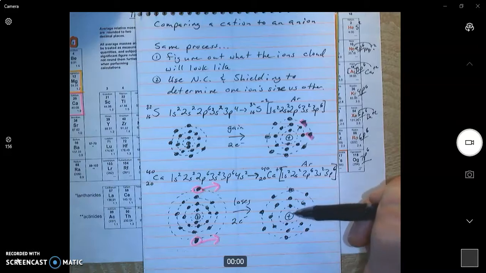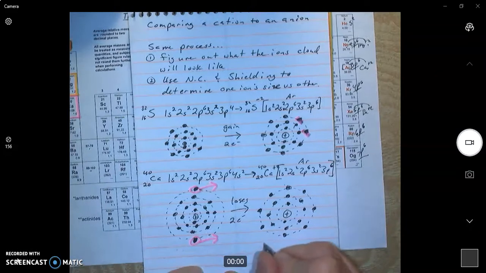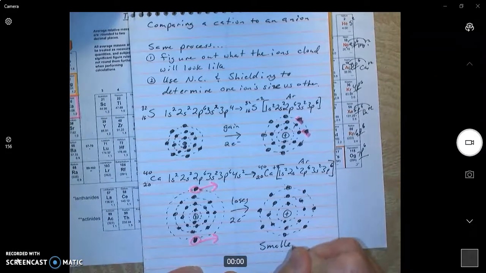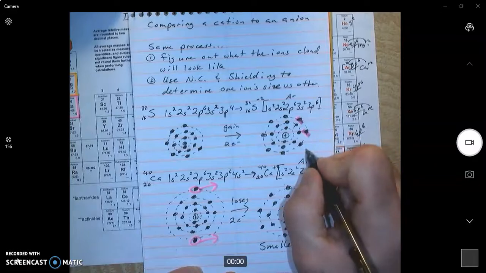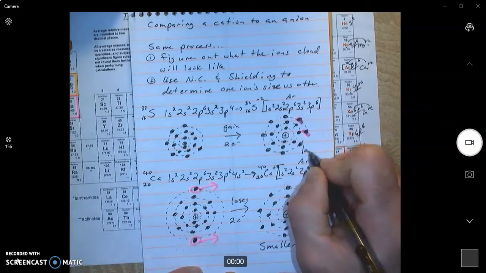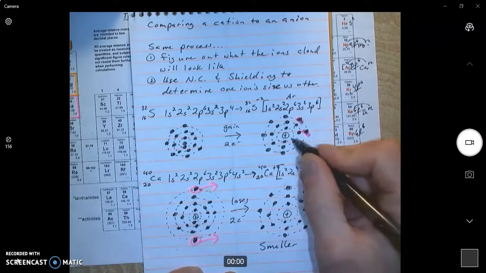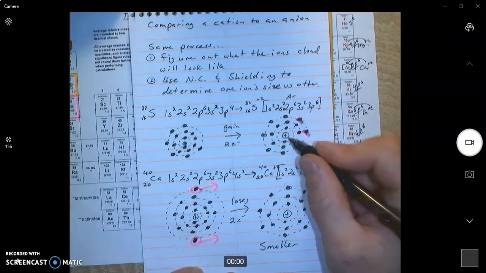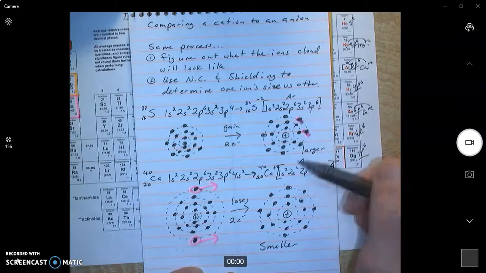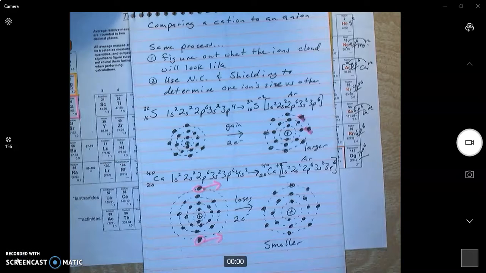Calcium's ion is going to have a greater nuclear charge, a greater gravity, and it will make this ion smaller, and the sulfur ion will be larger because it has a smaller nuclear charge with the same electron cloud. I hope these 2 examples are helpful in getting you to understand the process of figuring out,